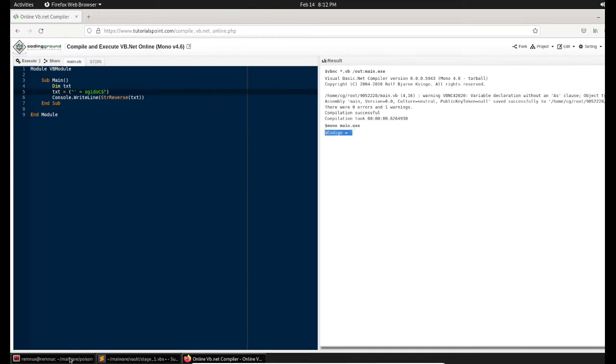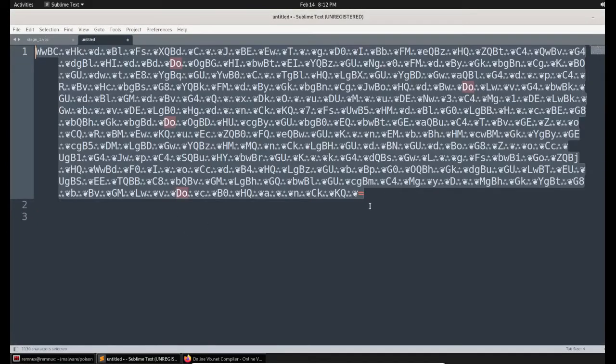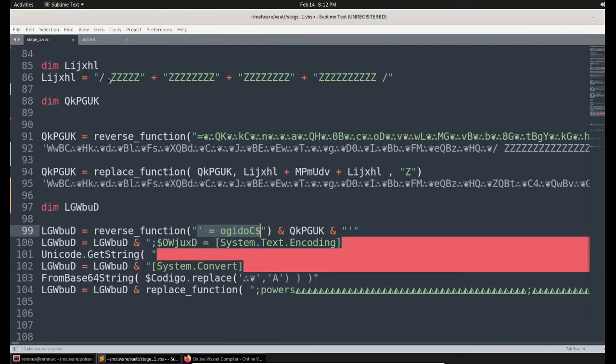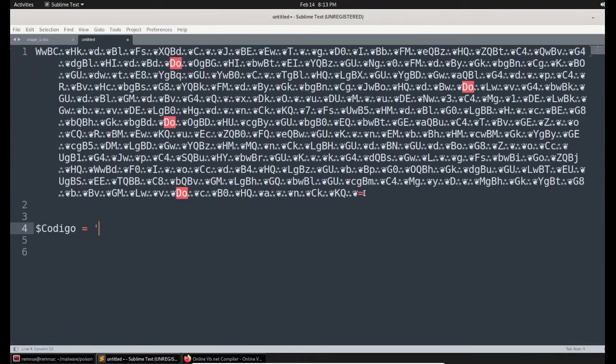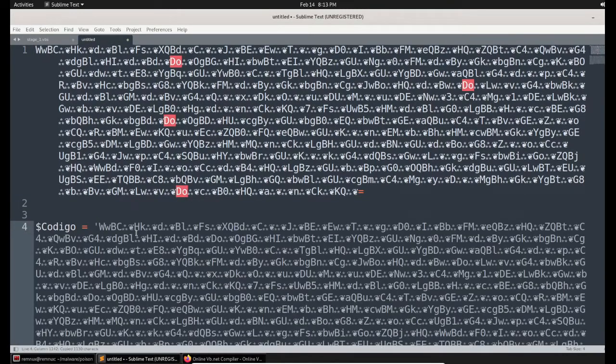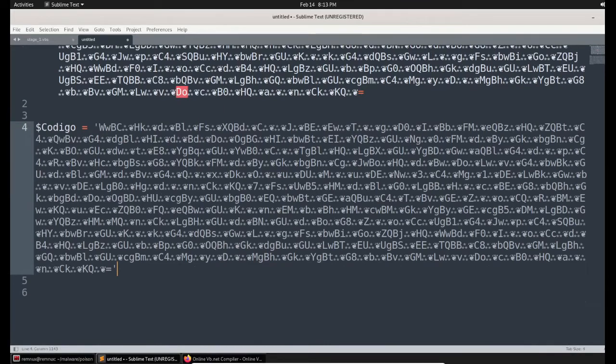So let me paste it here, and they are appending it with the value of this, and at the end they are adding one single quote. So let's do that. So simply I'm copying this and pasting it here, and at the end one single quote to be added. Yeah, this is the string that we wanted.